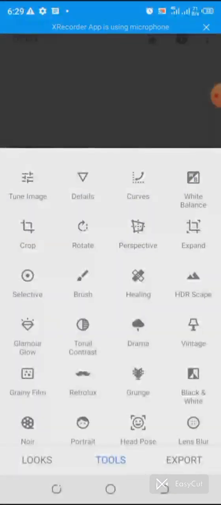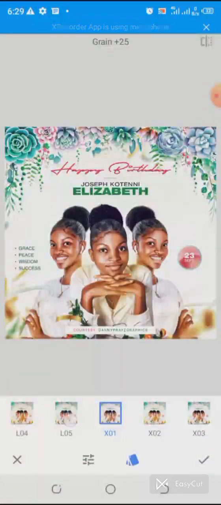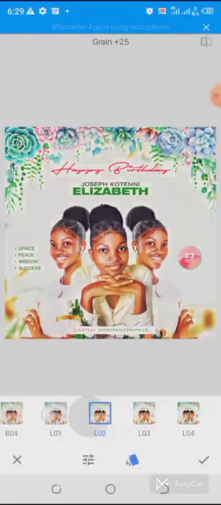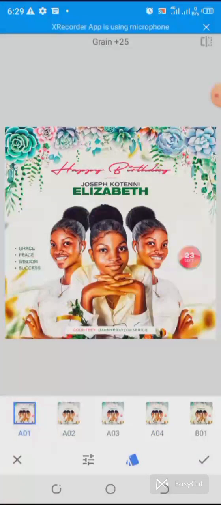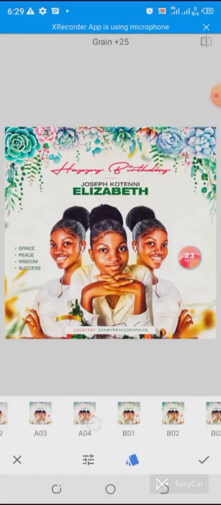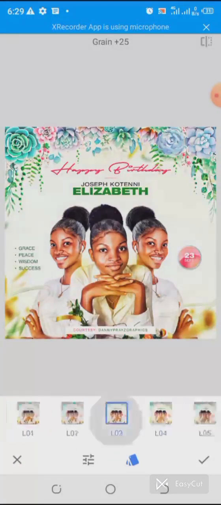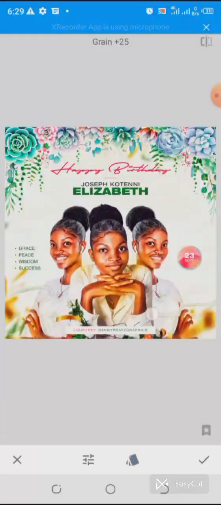Oh, okay. Let's just come to grainy film. I've just applied this a little. Which of them should I select? Okay, let's work with this and see. The grain, reduce it to 10. Then you swipe up the style strength. So this guy, let's just put plus 10. Right, so